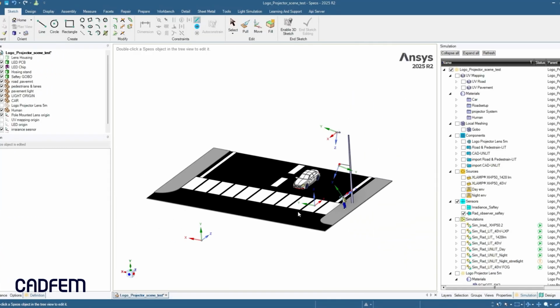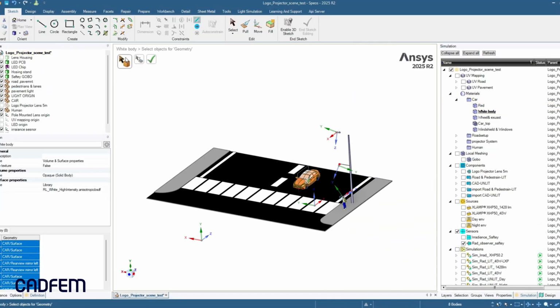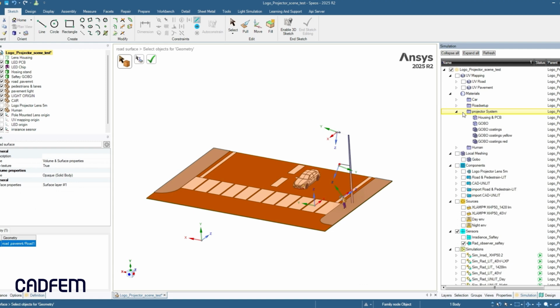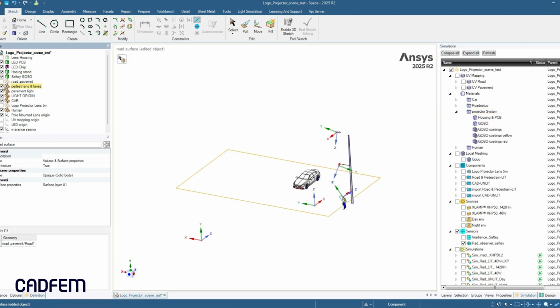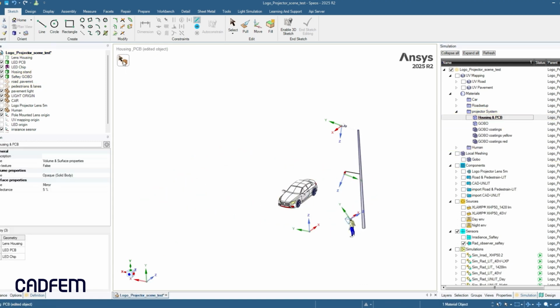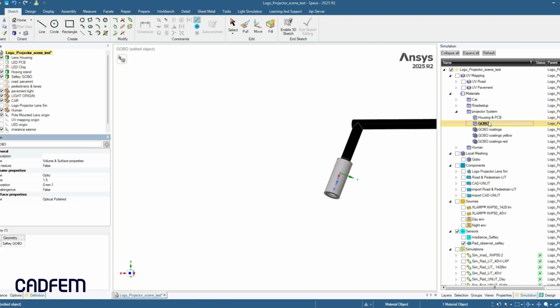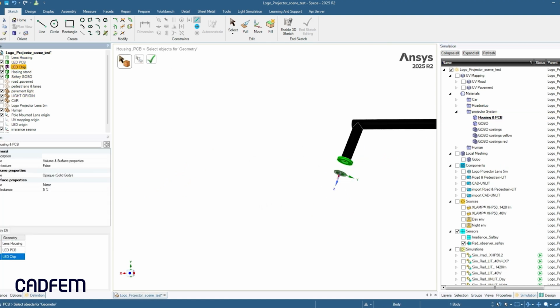Moving into the Speos interface, we've established our 3D digital twin, including the road, vehicle, and pedestrian. This allows us to validate the projector's performance within its real-world physical context. I'll start by selecting the road surface. We define its specific material properties like reflectance and texture to ensure the stop logo interacts correctly with the asphalt